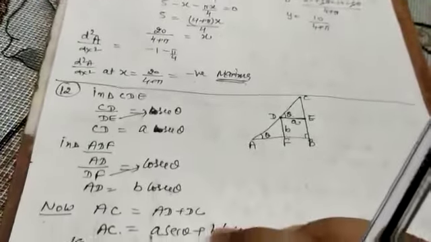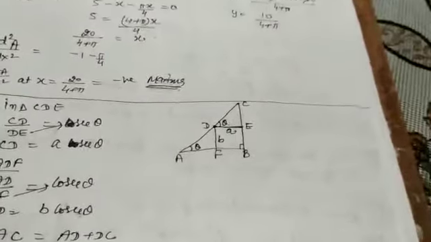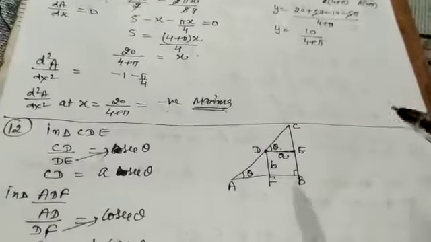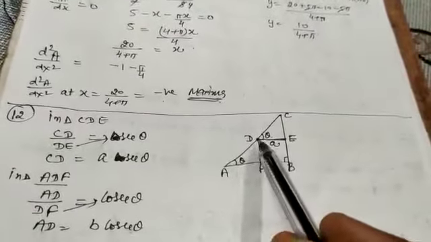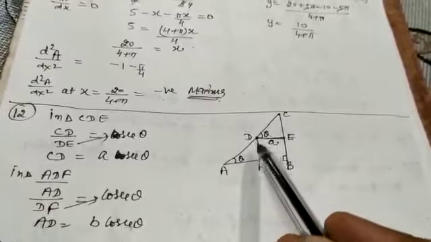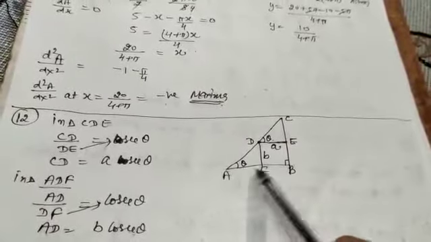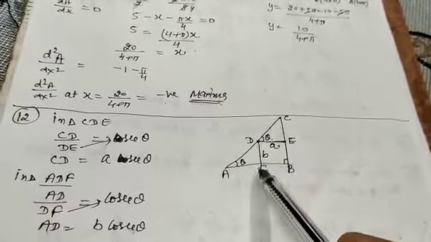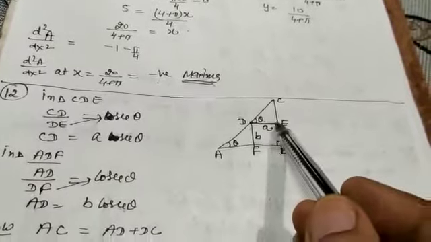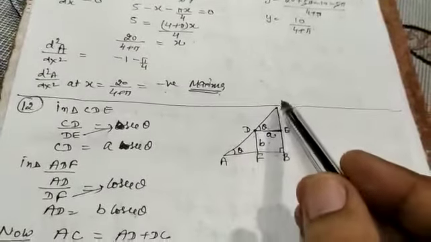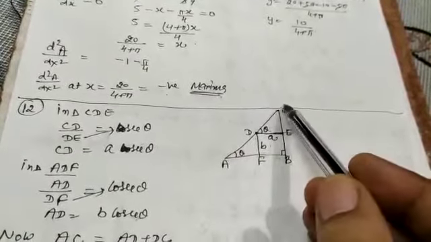See, one more question. It is given in a right angle triangle there is a point on the hypotenuse which is at a distance of a and b from the perpendicular axes, meaning perpendicular from the base as well as perpendicular from the perpendicular side. Find the length of this hypotenuse.